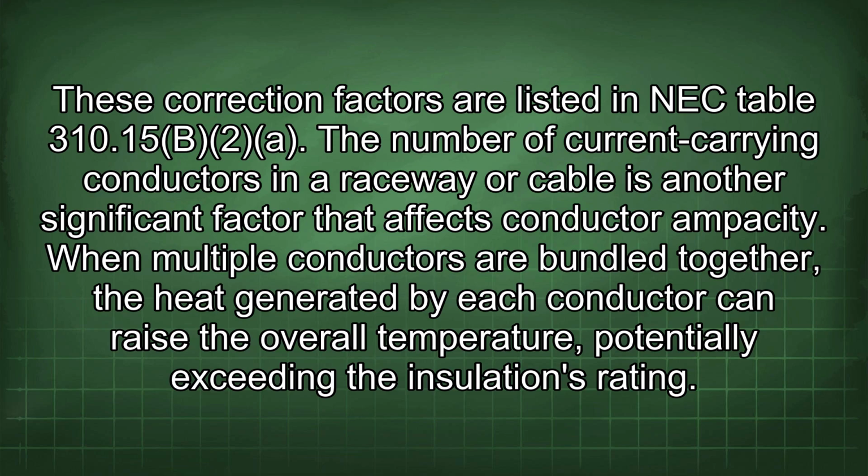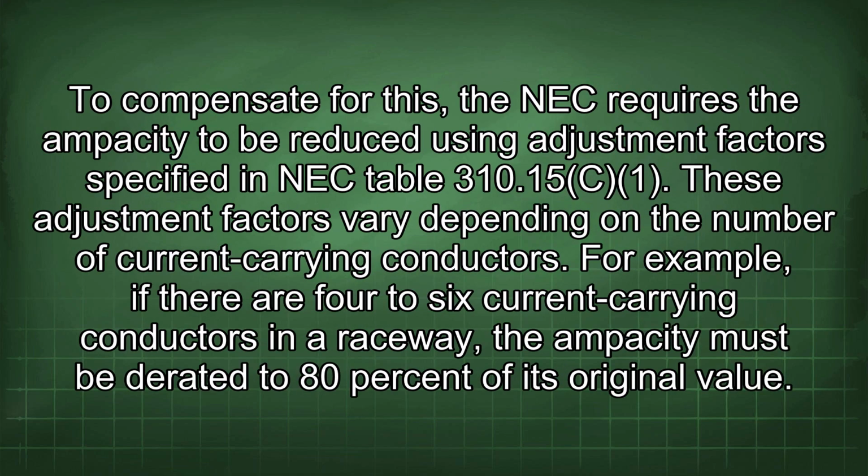The number of current-carrying conductors in a raceway or cable is another significant factor that affects conductor ampacity. When multiple conductors are bundled together, the heat generated by each conductor can raise the overall temperature, potentially exceeding the insulation's rating. To compensate for this, the NEC requires the ampacity to be reduced using adjustment factors specified in NEC Table 310.15(C)(1). These adjustment factors vary depending on the number of current-carrying conductors. For example, if there are 4 to 6 current-carrying conductors in a raceway, the ampacity must be derated to 80%